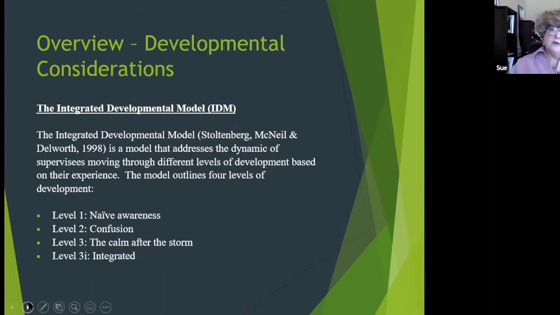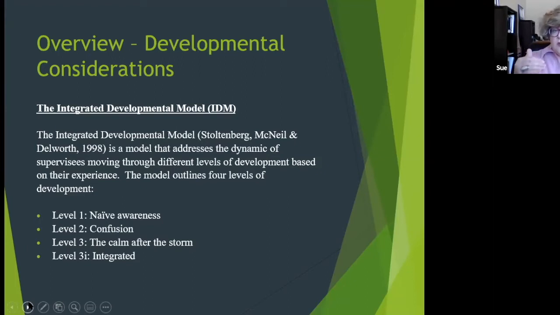That understanding that different levels need different efforts from you as a supervisor and in their professional development. One that's very popular is the Integrated Developmental Model, or the IDM. And I'm just going to very briefly talk about it. There's more details about the IDM and about the discrimination models in the longer booklet that I printed, or that was sent to you. You may not have printed it out. And I provided that to you so you could have additional information.